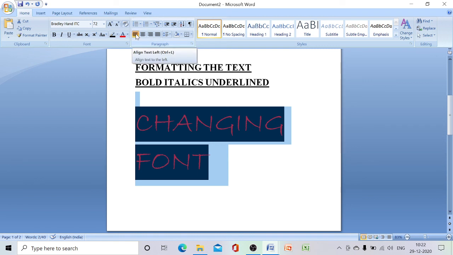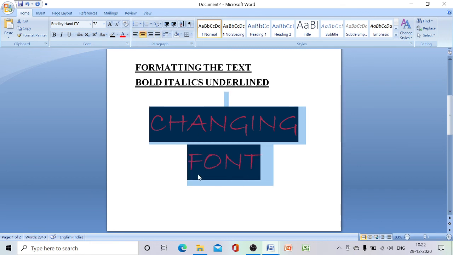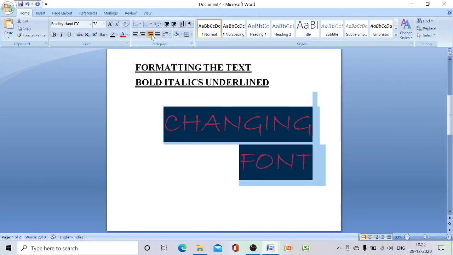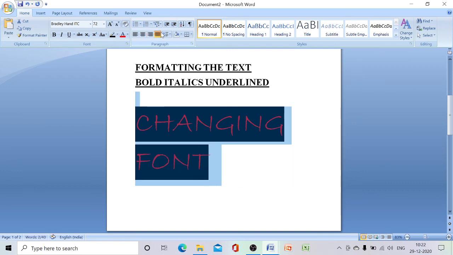See, I am going to click the alignment as left, so it is in proper order. Center, it has changed into center. Right side, justify. Okay, so these are the 4 types of alignments that we can see in MS Word 2007. Clear?